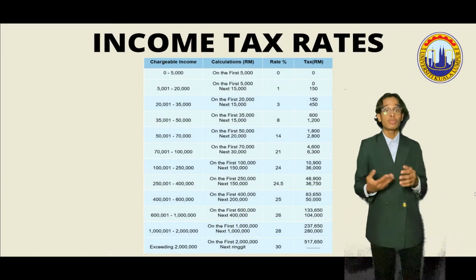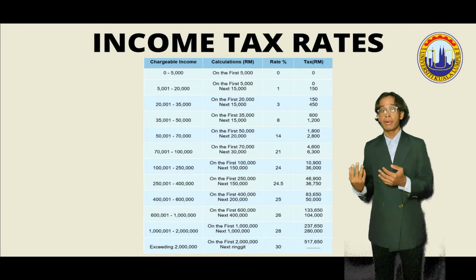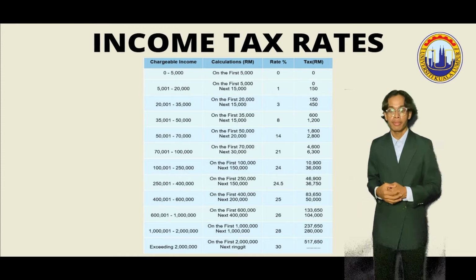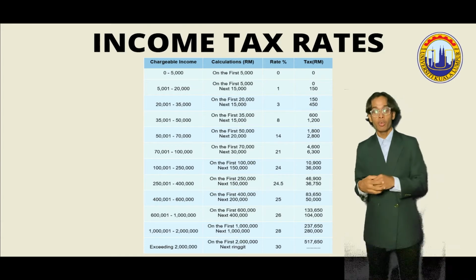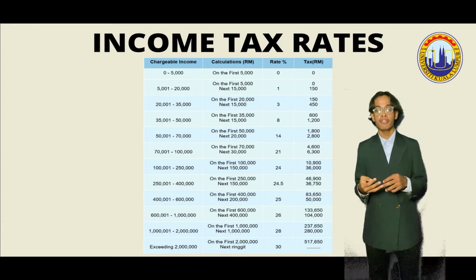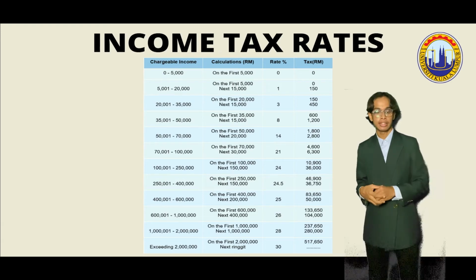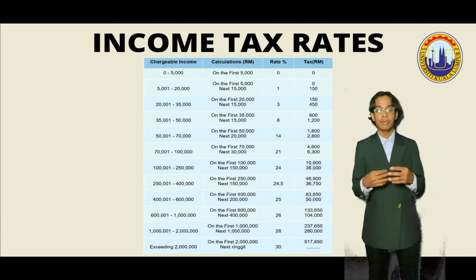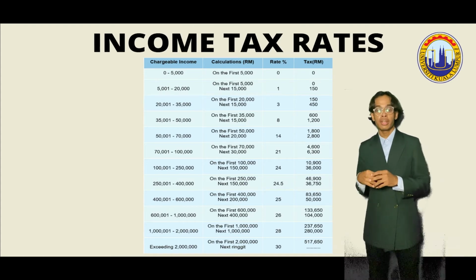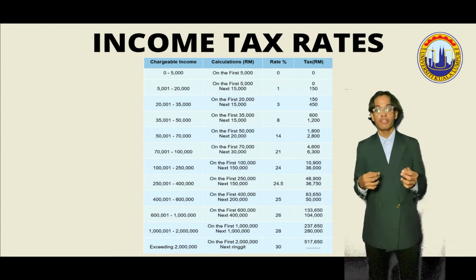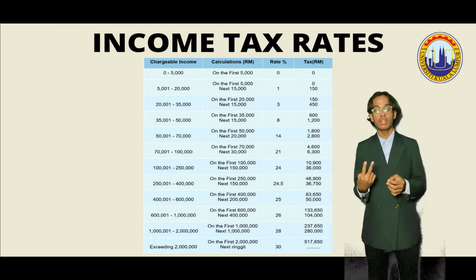So, I want to explain the table of income tax rates. Based on the income tax rates table from the LHDN website, we have 4 categories that have taxable income, calculations, rate, and tax. I take the example: if a person has an annual income of 15,000 ringgit, he is categorized in 5,001 ringgit to 20,000 ringgit.